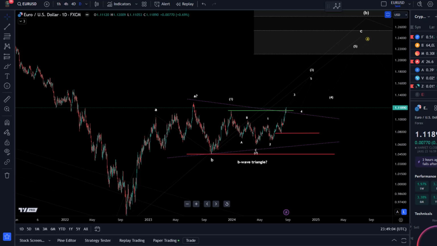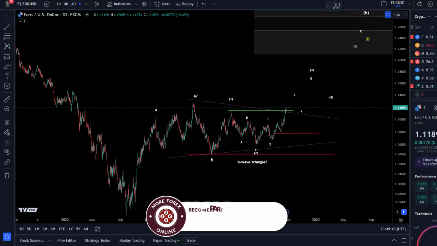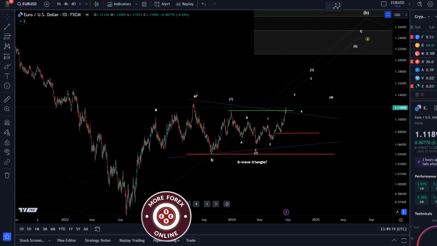It's good to see that this analysis is playing out further. Already since I started to cover the Euro-USD pair here first on the channel, the focus was on further upside. It seems like we are indeed breaking out to the upside. Coupled with that, the forecast for the DXY was bearish, which we also see play out at the moment. So it's quite good to see these two forecasts being respected by the market.